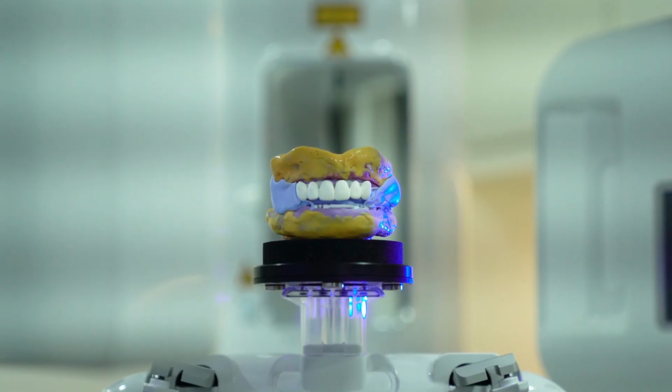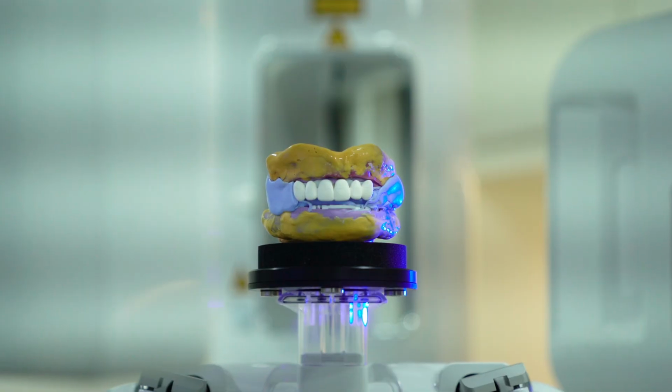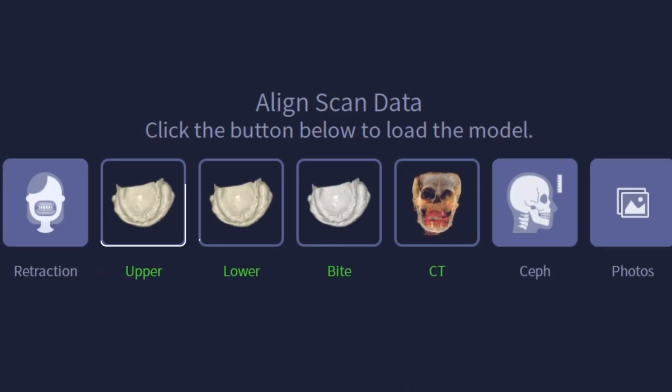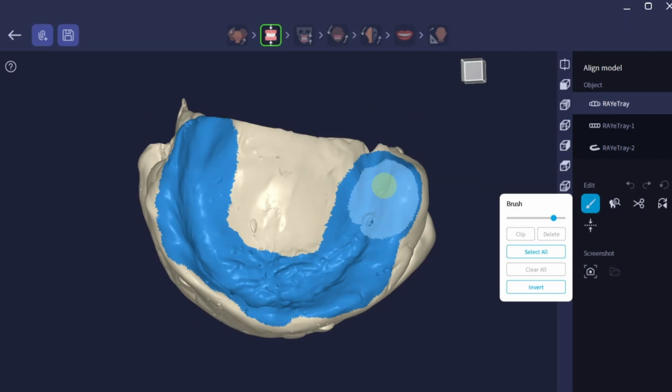Method 1. Creating an iOS dataset using only Ray Tray. Insert the identical Ray Tray scan data for upper, lower, and bite. Select the necessary areas from the Ray Tray scan data